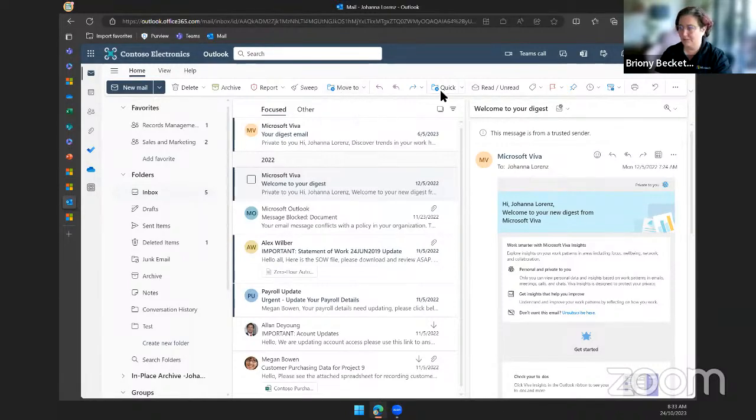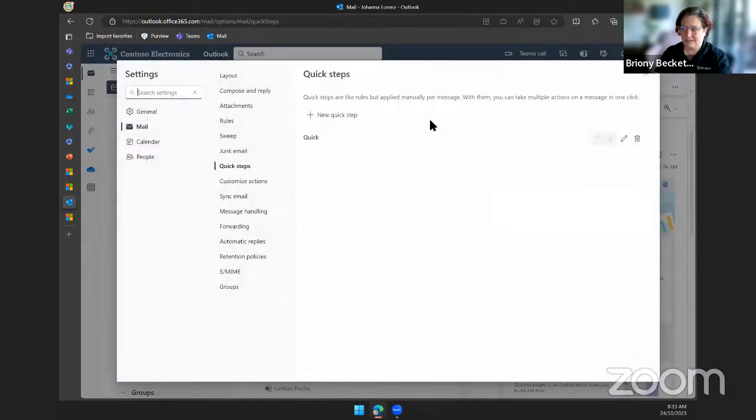Hang on, I was too quick. The quick steps should be along your toolbar by default. If you haven't got any set up, it'll just say quick steps as it did before, and you can go through and manage quick steps. It is in your settings menu as well.